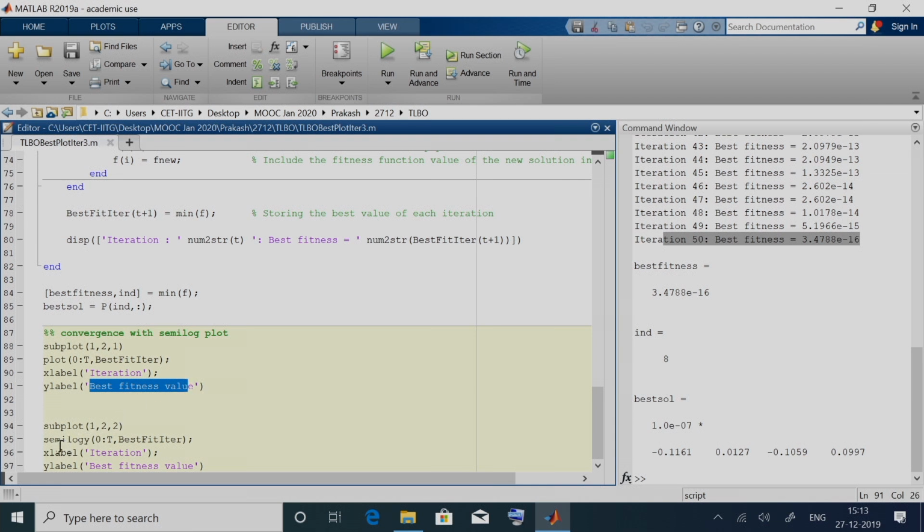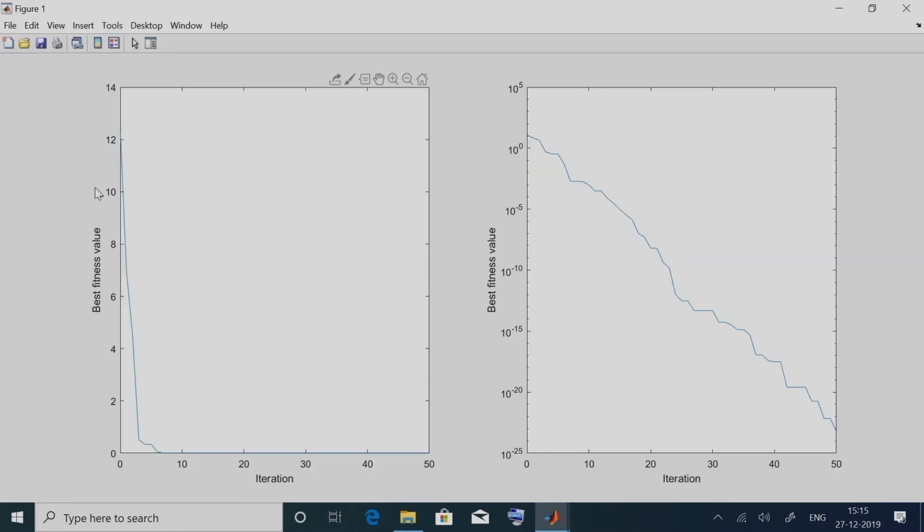Similarly, in the second plot, the x and y axis are the same, it is just that it is a semi-log plot with the y axis in the logarithmic scale. That will help us to better analyze the convergence. If we run this now, these are the two plots. Let us just analyze the first plot. The x axis is iteration and the y axis is the best fitness value, in the normal scale: 0, 2, 4, 6, 8, 10, 12 and 14.